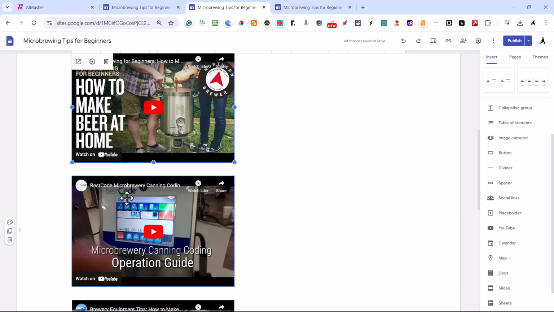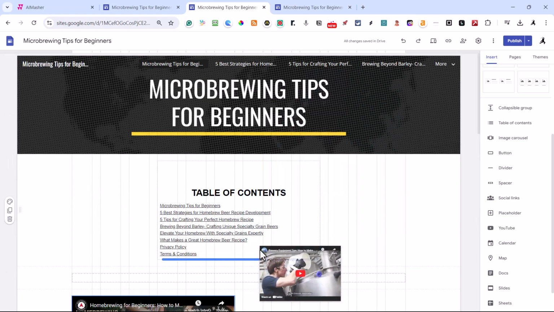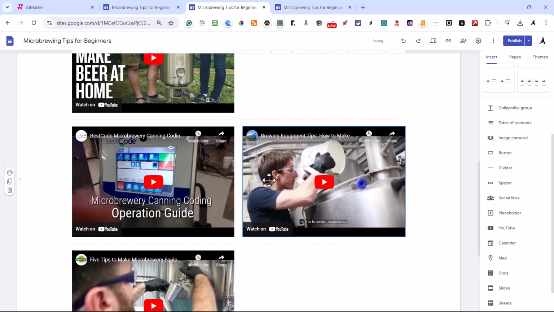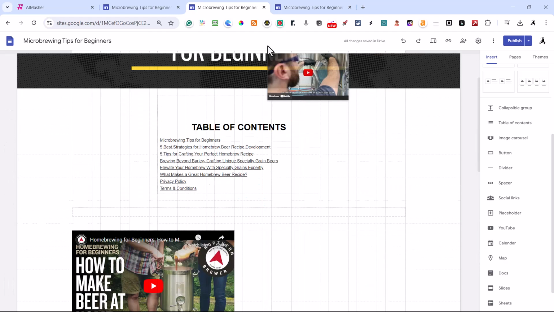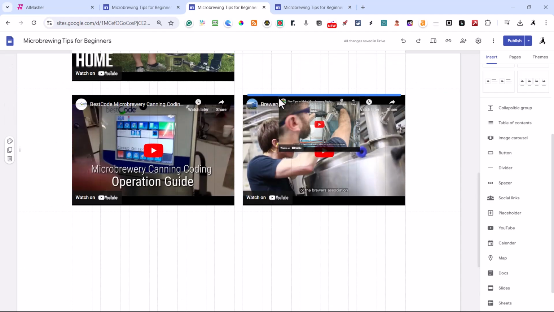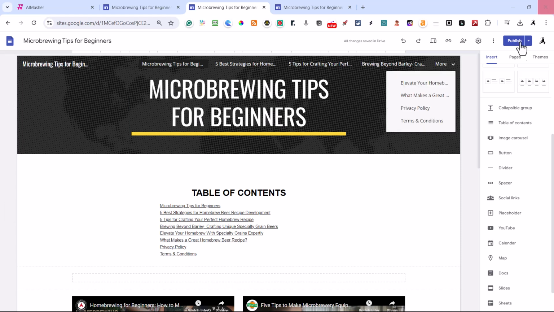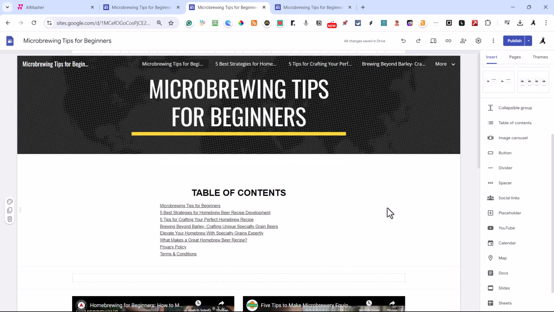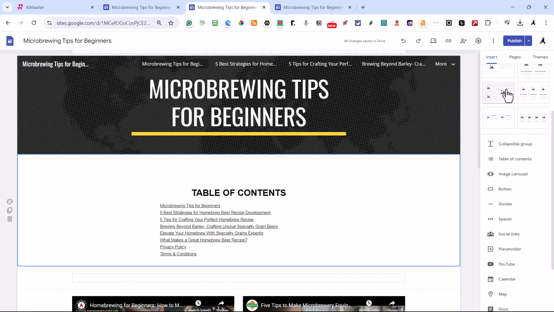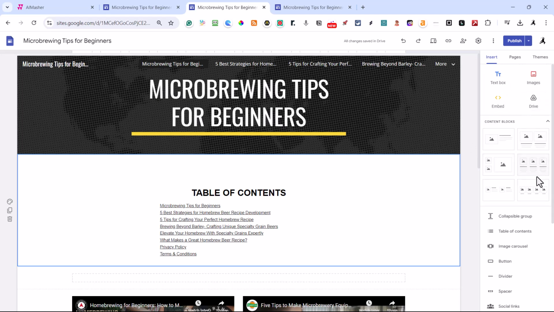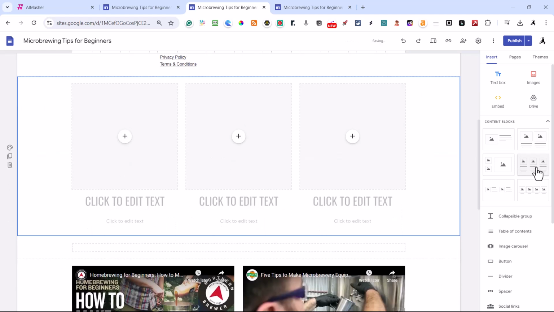And what I want to do is maybe push that one right there. And we'll push this one right there. Okay, so now we have 4 images. So let's say that we wanted to actually put in something above all this. And let's come in here and we'll go, well, let's put this content box here. Okay, now what I do on this is I'm going to put in the links.